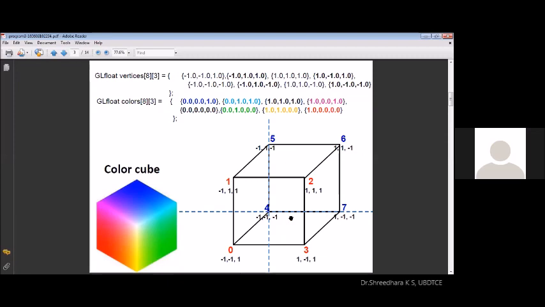So this is the observation. The remaining corner points are -1, -1. The whole data representation of this is using GL float vertices 8, 3. So totally 8 points, each point is supported with XYZ values. Keep the order in which you specify -1, -1, 1 the same. Don't change this order, because while developing your program, you will take control over these values clearly. That is the reason you should specify it clearly.